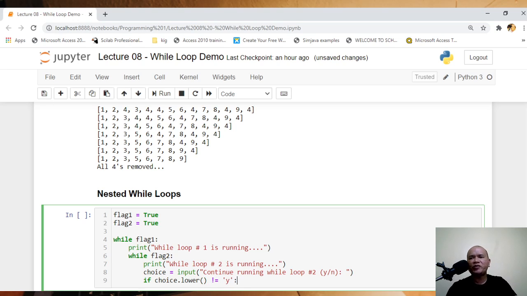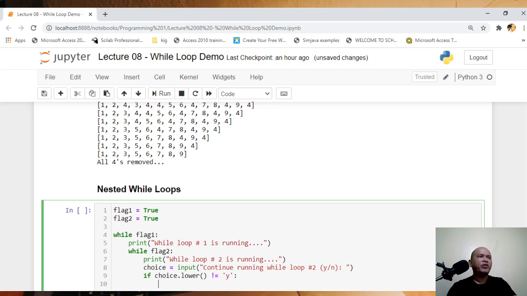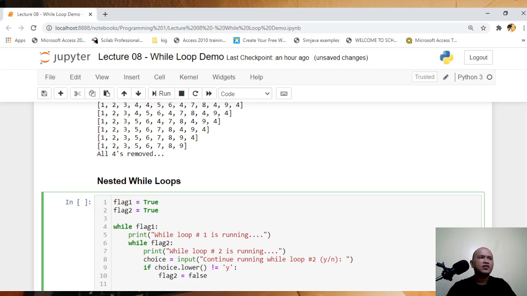So if the user presses any key not equal to y, then what will happen? Flag 2 is equal to False, and then print ending while loop number 2,